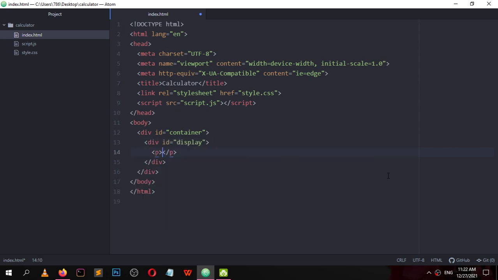This display will get a p element, and after this display, create some buttons. The number of buttons we need is 16, with a class of item. Or do it 18.